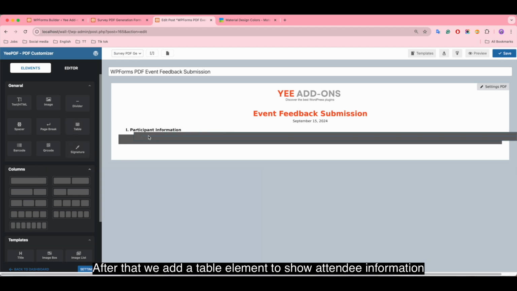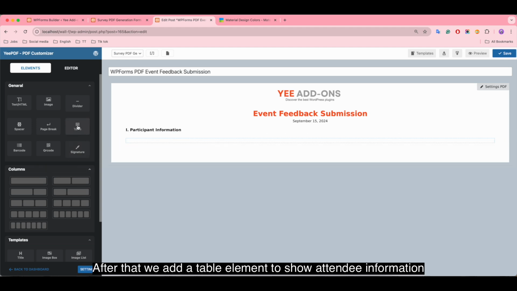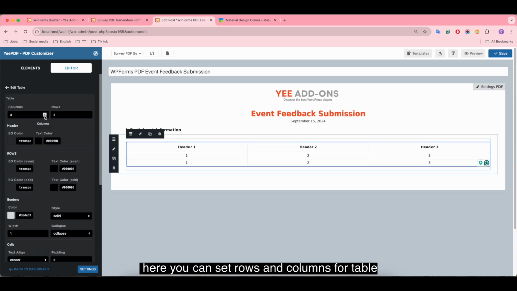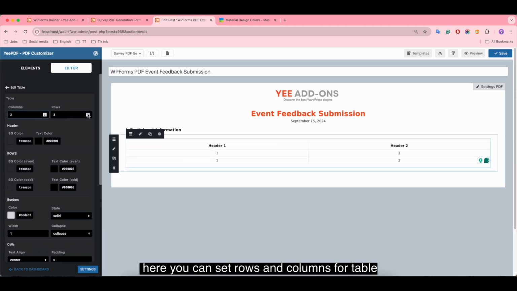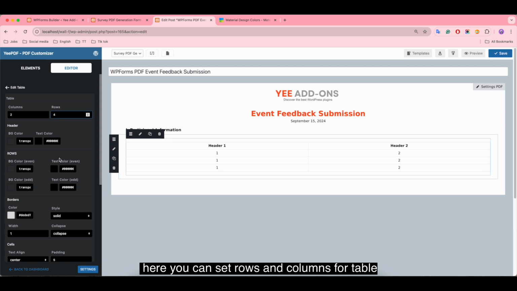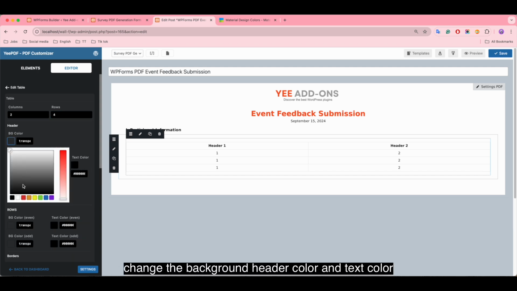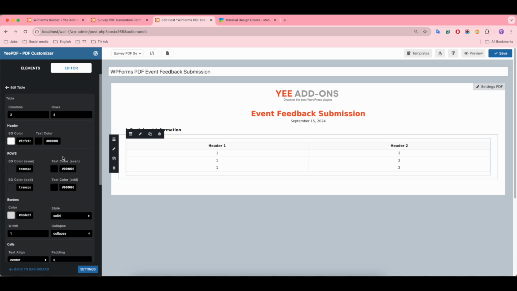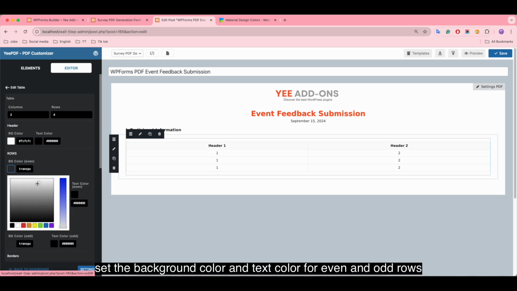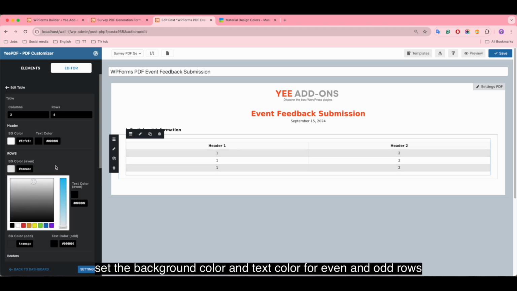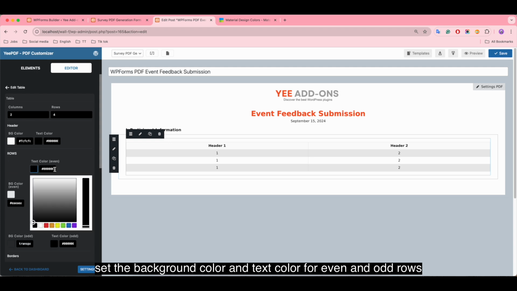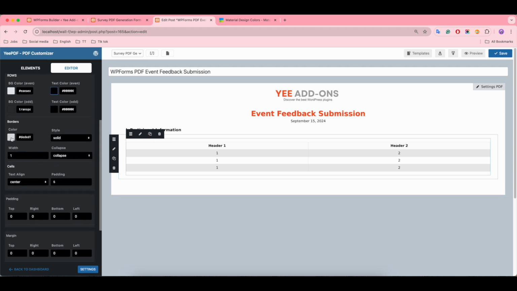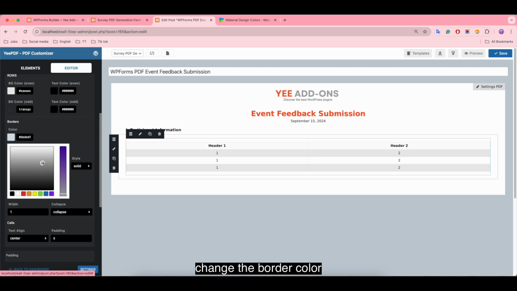After that, we add a table element to show attendee information. Here you can set rows and columns for the table. Change the background header color and text color. Set the background color and text color for even and odd rows. Change the border color.